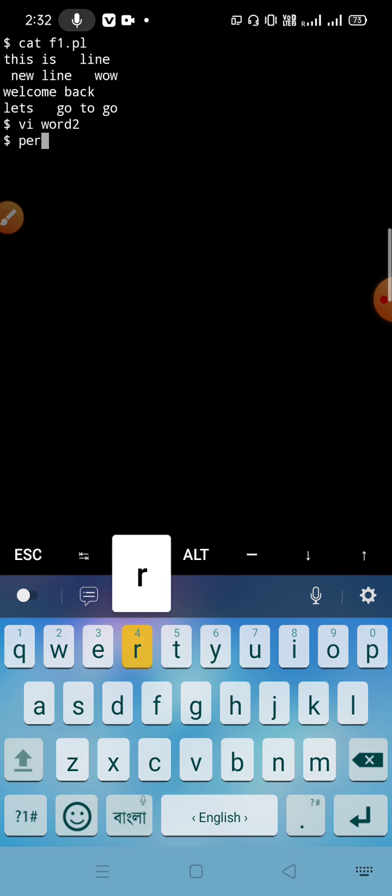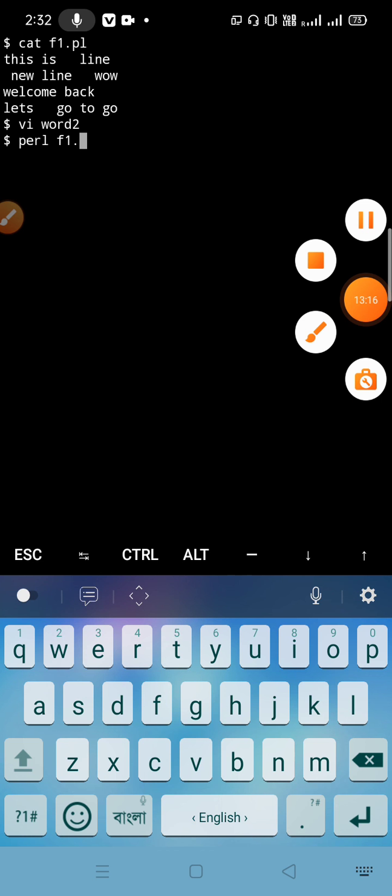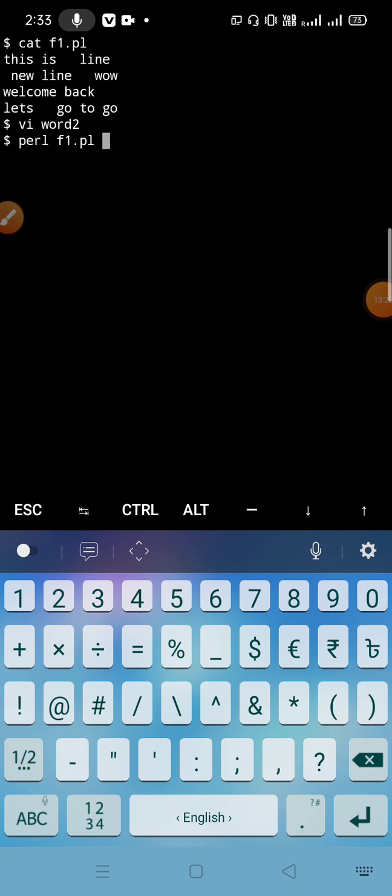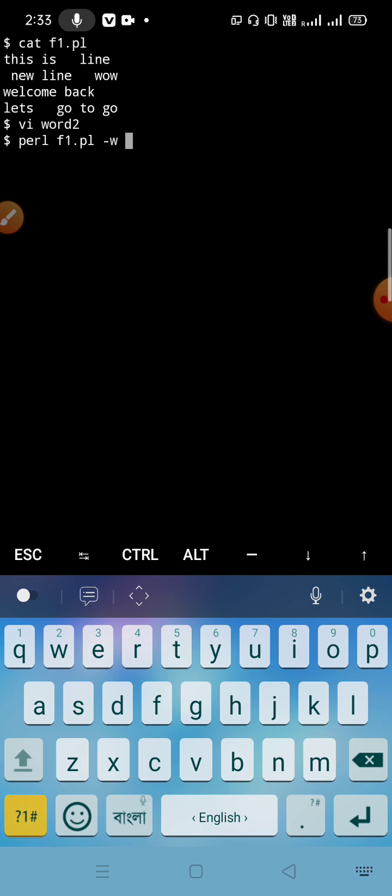So Perl, then we are giving the file name as a command line argument, .pl, then suppose we are giving options -w, -c, -l.